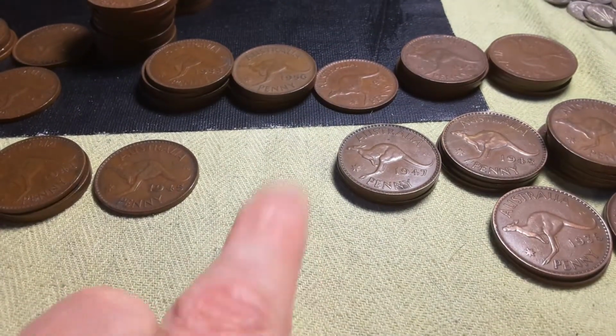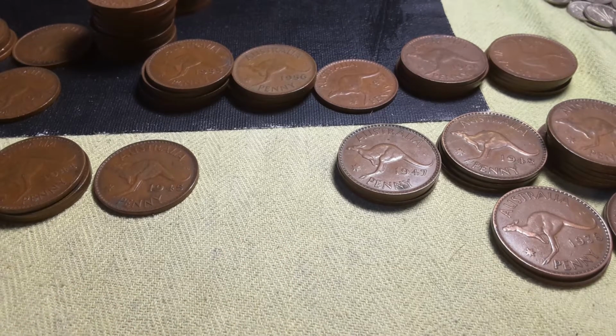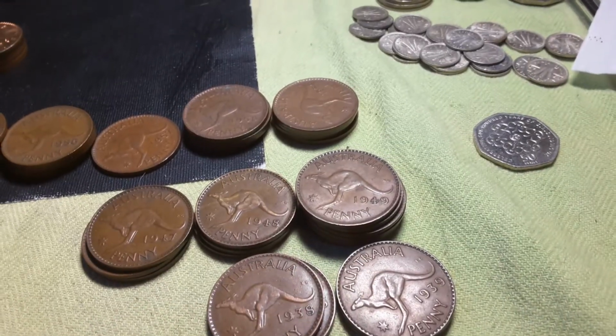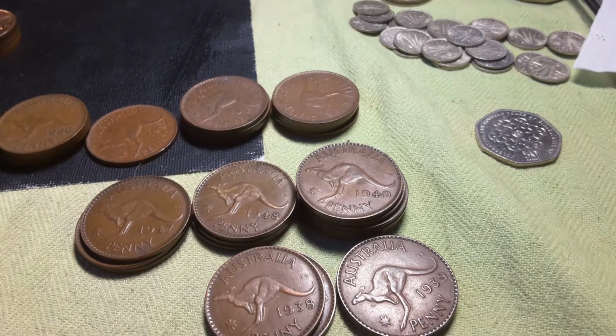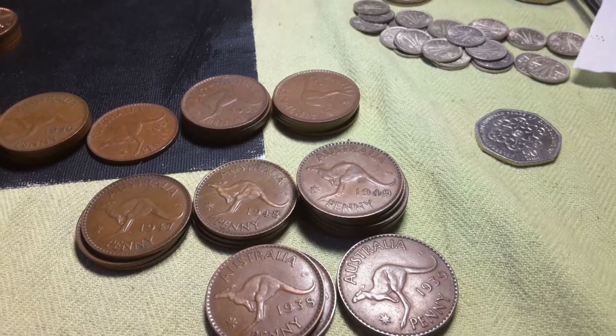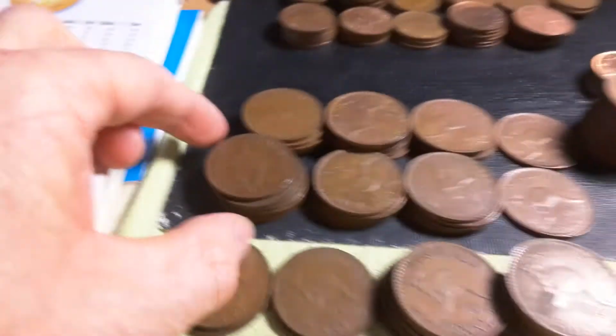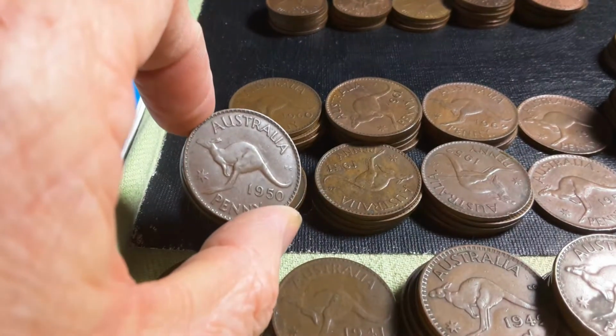Then the one you want to get is the one I don't have, and that's the 1946. So 1946, that's the holy grail of the Kangaroo pennies, 363,000. Then we have 47, 48, 49. As you can see, 48, 49 is quite a high mintage, 21 million, but only from the Melbourne Mint. Then we have 1950,